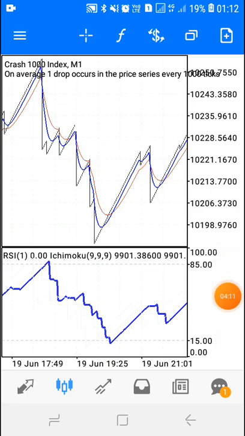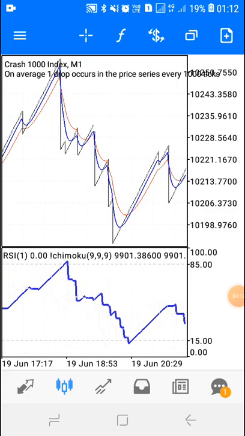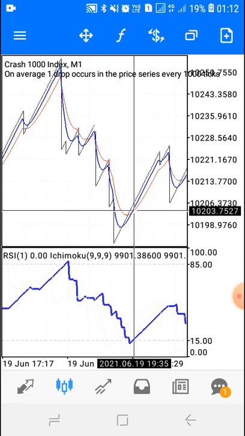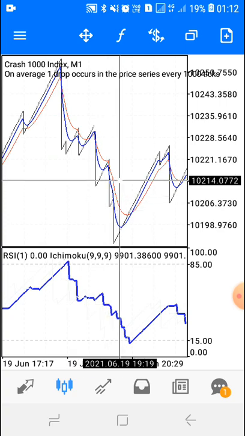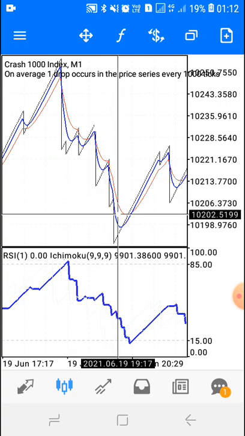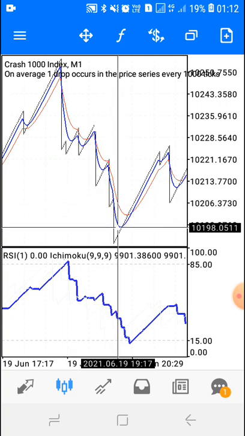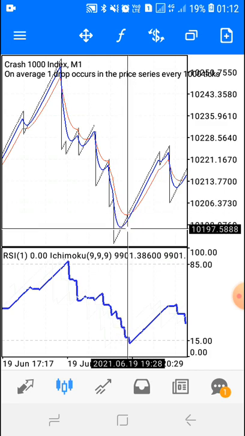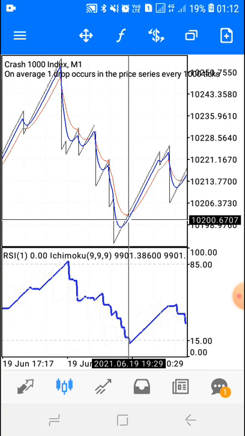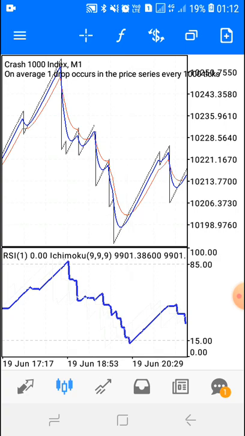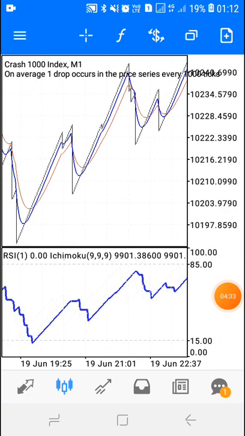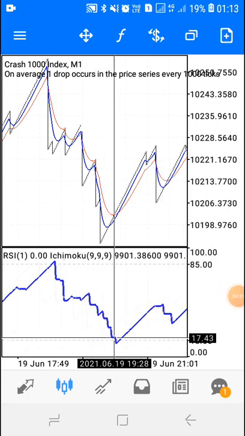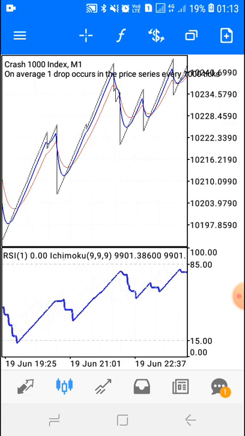So as soon as you see that the Ichimoku isn't moving, you need to look at this over here. As you can see, we have our red moving average and our blue moving average. Now when the blue moving average crosses the red moving average, we know we are supposed to take buy entries. But you only need to take buys as soon as you see that this Ichimoku isn't moving. So for example, when you see something like this,